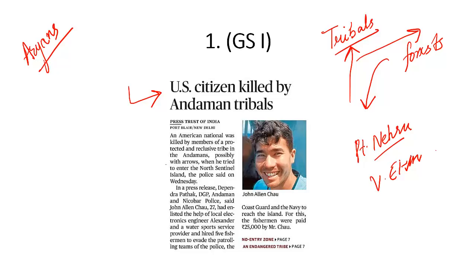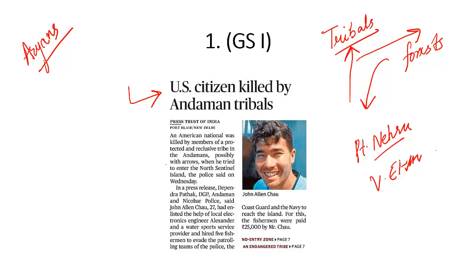So more and more there was a policy that tribals should not be infiltrated, their land should not be confiscated, they should be allowed to maintain their distinctiveness, to maintain their individual identity. And that is why there are some tribal areas where even today there are restrictions, where you cannot venture without the permission of the government. One such area is the Jarawas of Andaman, where outsiders are not allowed to visit.